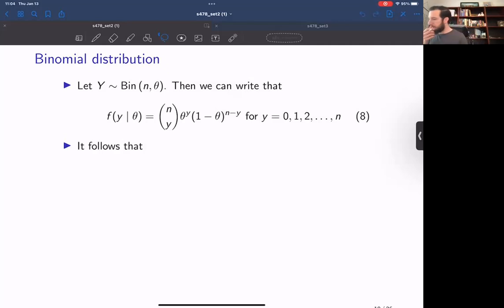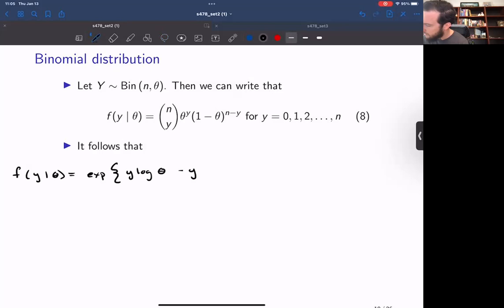So what we can do here is show that f of y given theta. So theta is the single parameter that we're interested in studying, and little n would be considered the nuisance parameter in this case. So f of y given theta can be written as the exponential of y log theta